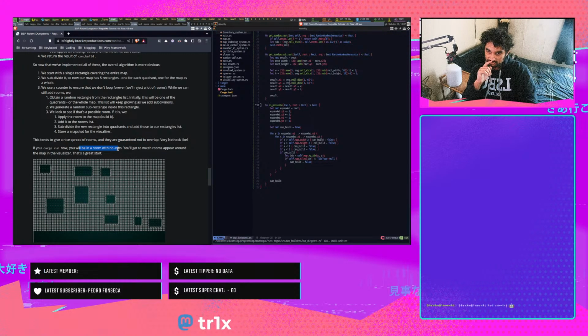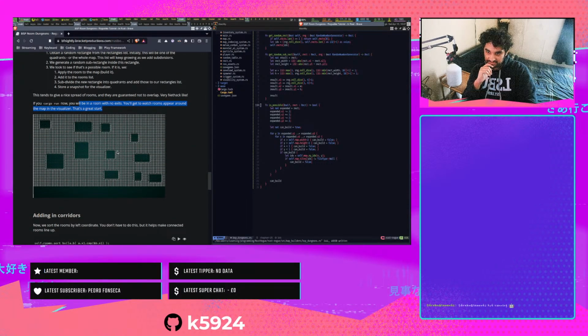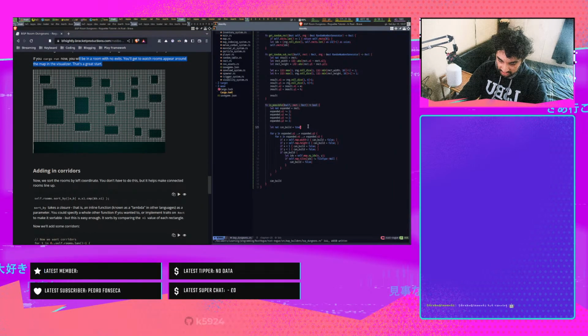You can see rooms with no exits. You'll get to watch rooms appear around the map in the visualizer. That's a great start. That's interesting. Okay, so I'm going to cargo run for now,